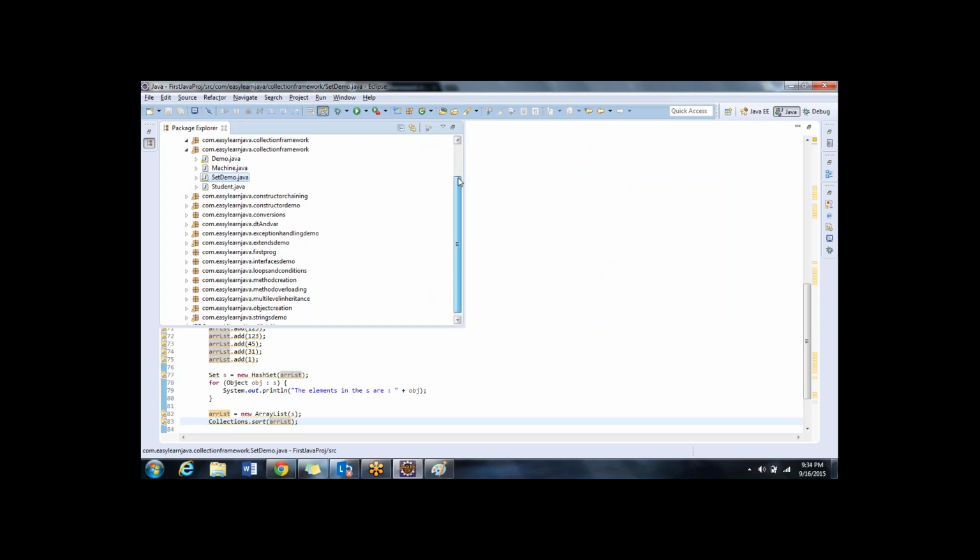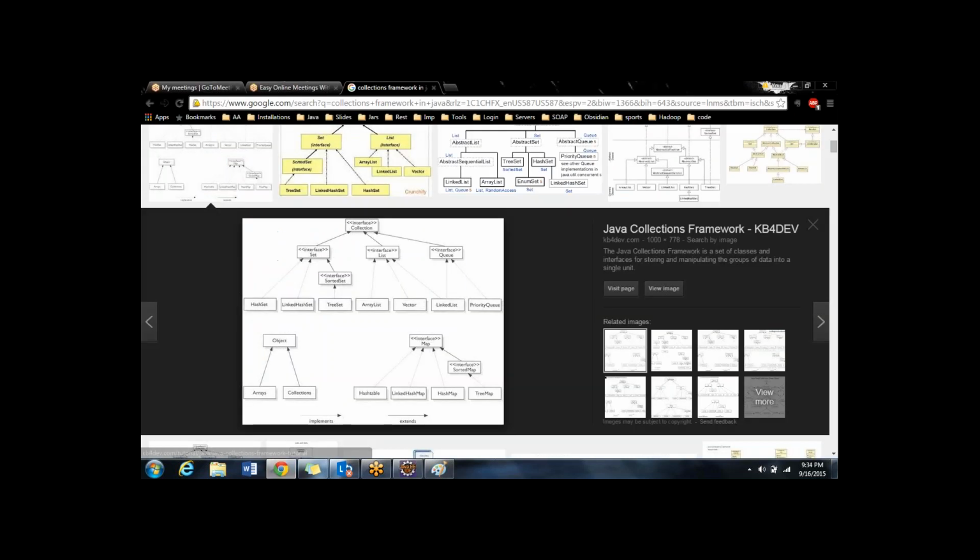Okay, now if it is clear, the next concept that we will be looking into is something called a map. Map is one more interface which is present in the collections framework, and map is not extending from collection. The first and foremost thing that you need to understand here is that in a collections framework, map is also